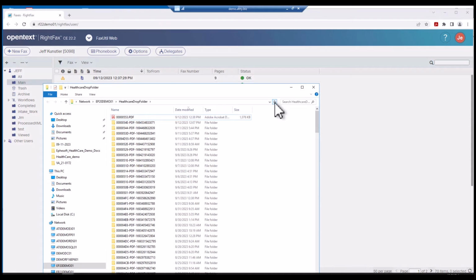Okay, so it just arrived, and if we watch, it'll then be ingested into the Episoft Transact system. And it should disappear, and there it goes. So now we know it's being worked on. So right now, Episoft is pulling in that multi-page PDF, and it's doing its classification. It's going to do the capture that I designed it to do, and we're going to go in and take